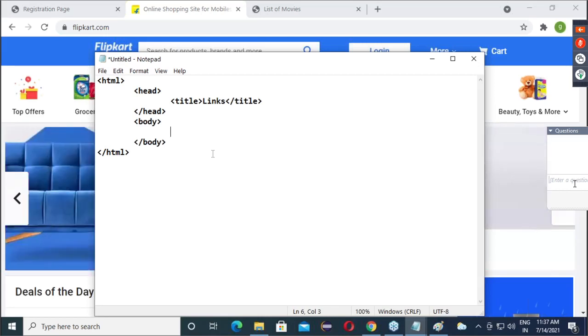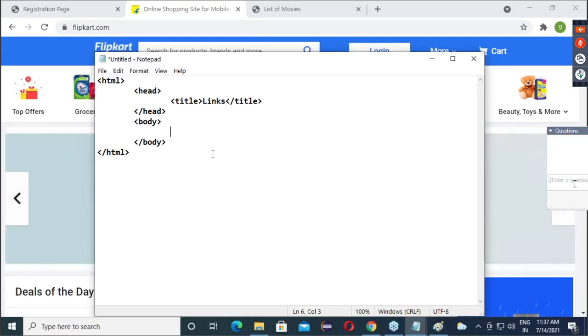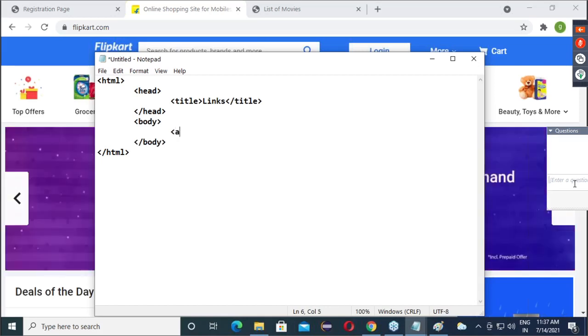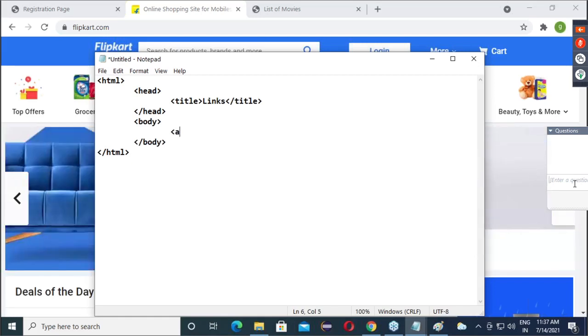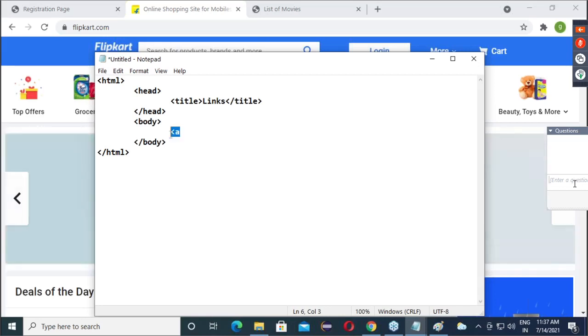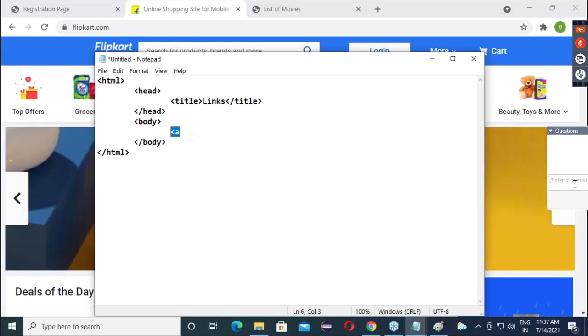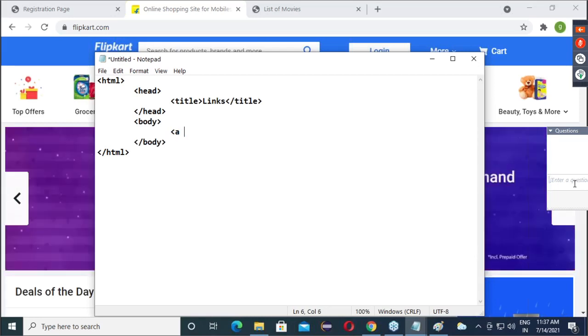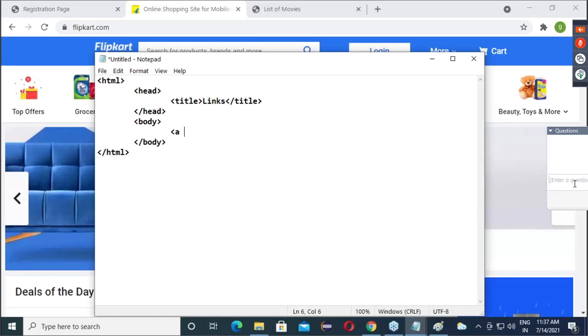Similarly, every link starts with A. So the tag name is A, the anchor tag, short form. So always remember every link is made up of the A tag.